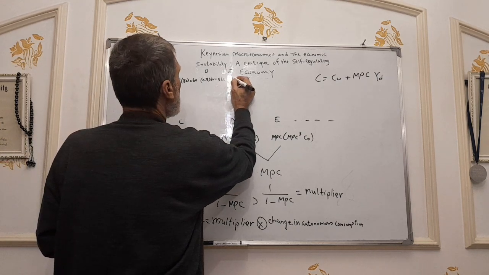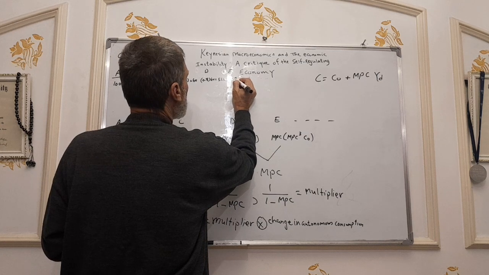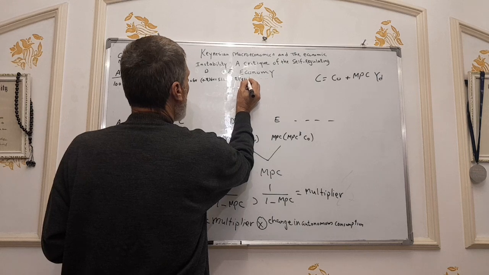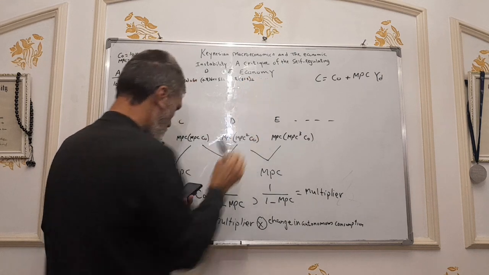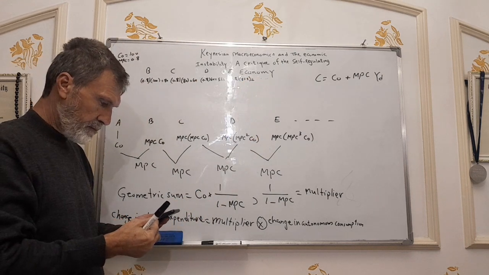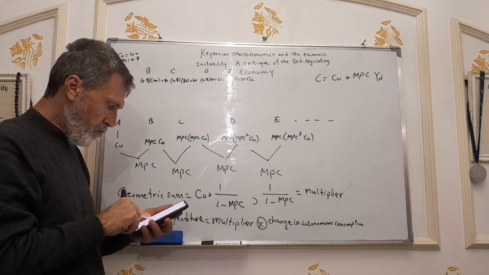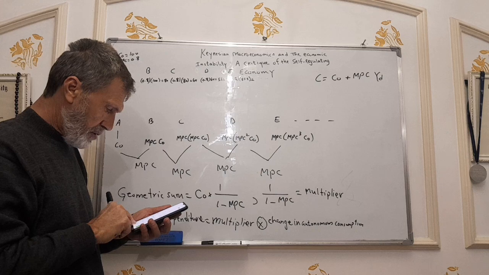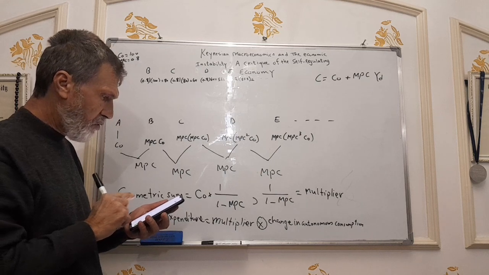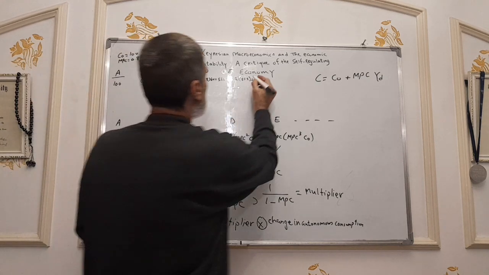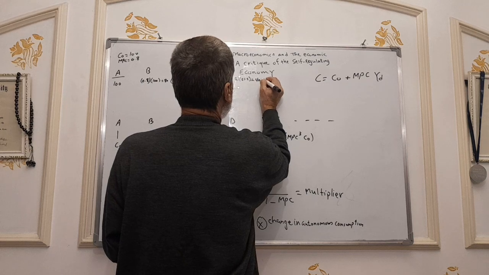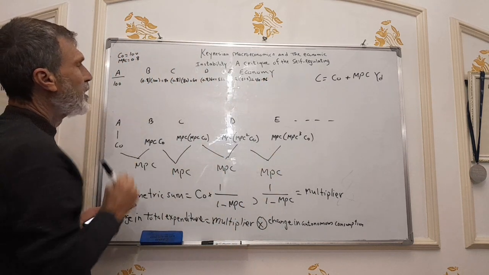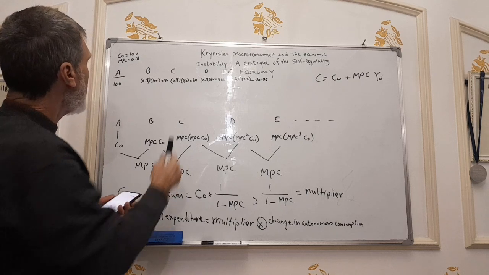So here we can see 0.8 times 51.2, which is equal to 40.96. So as you can see over here, this example in terms of numbers shows